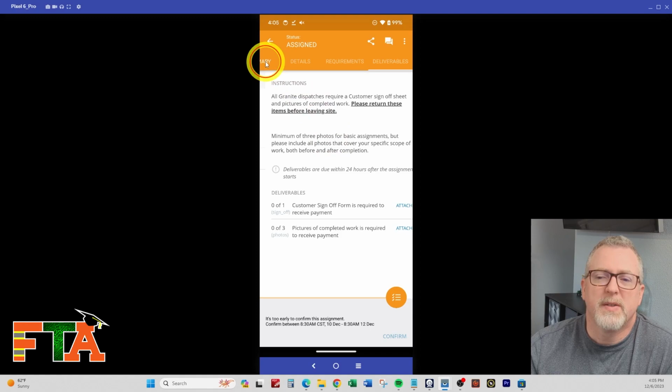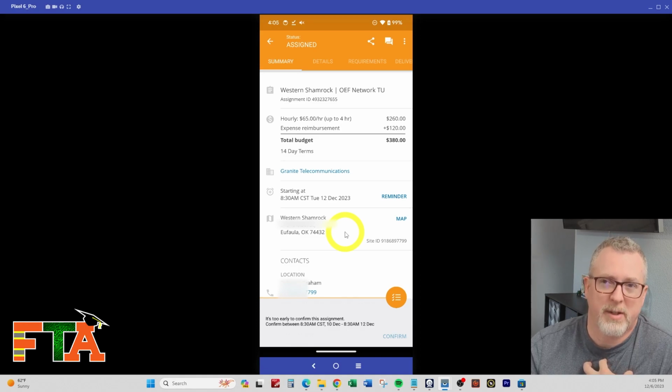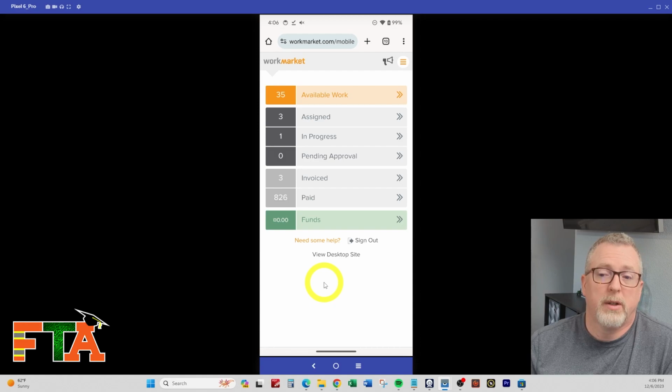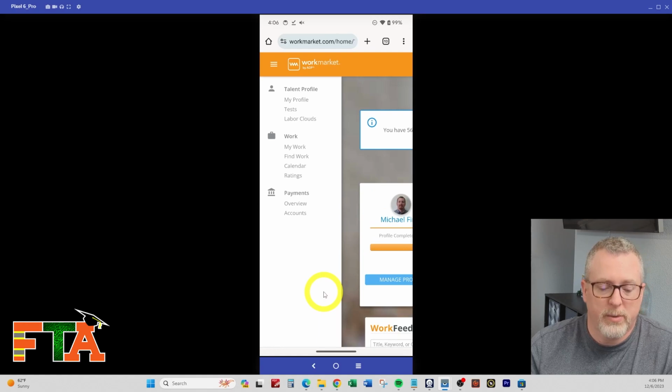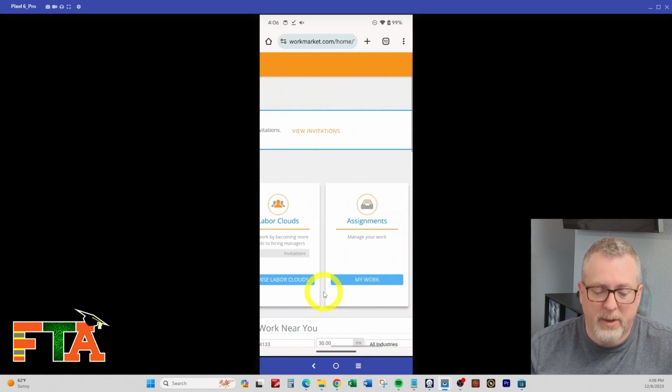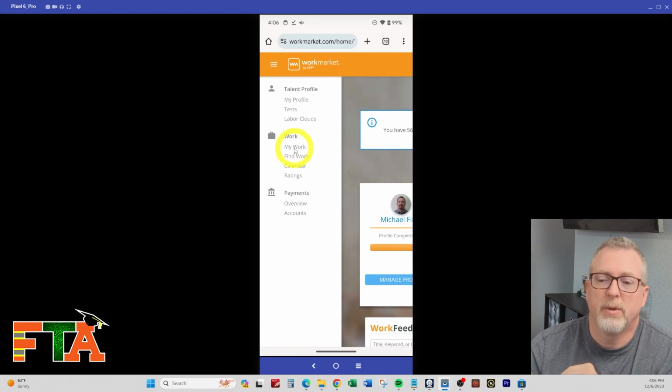Now for comparison's sake, let's look at this on the website version versus looking at it in the app. I personally like the website version. So if you're on a phone and you log in, then it's going to by default show you the mobile version, which again is just like the app. So I don't like that. So I always like to go to view desktop site. Again, since you're on a phone, it's going to require you to scroll around a little bit on it, but this is why I like it better. I'm going to go to my work,